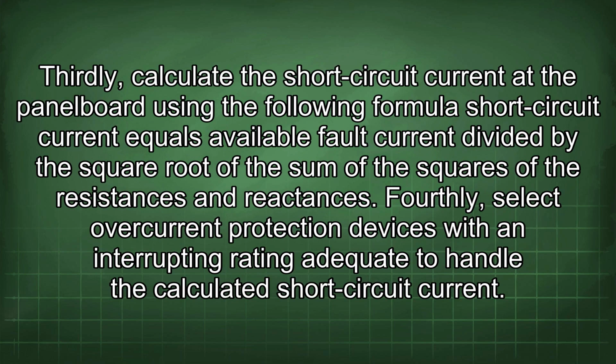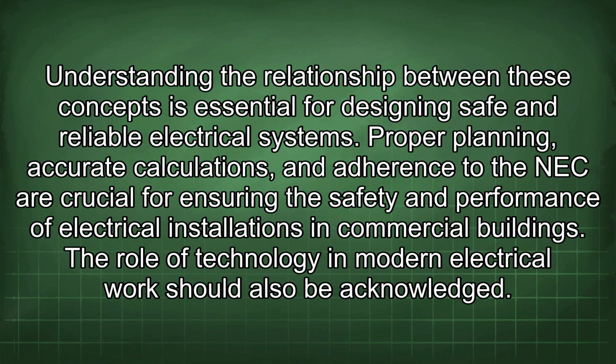Thirdly, calculate the short circuit current at the panel board using the following formula: short circuit current equals available fault current divided by the square root of the sum of the squares of the resistances and reactances. Fourthly, select overcurrent protection devices with an interrupting rating adequate to handle the calculated short circuit current. Understanding the relationship between these concepts is essential for designing safe and reliable electrical systems. Proper planning, accurate calculations, and adherence to the NEC are crucial for ensuring the safety and performance of electrical installations